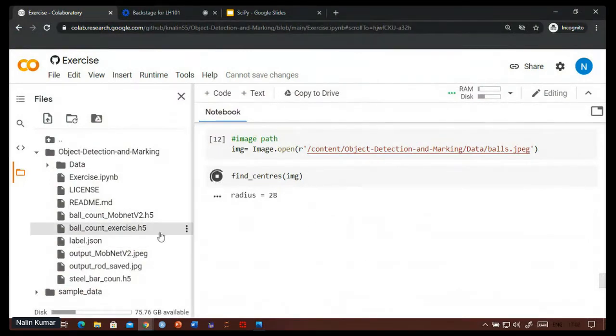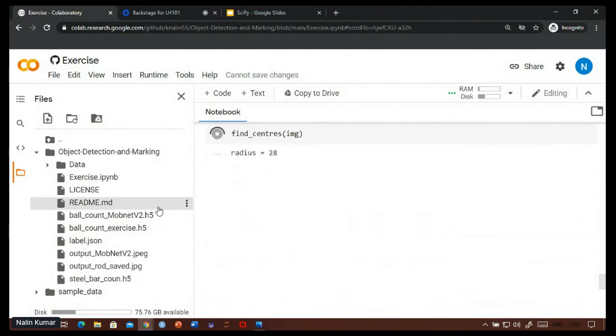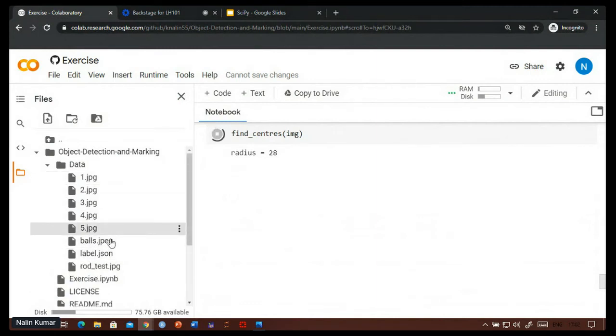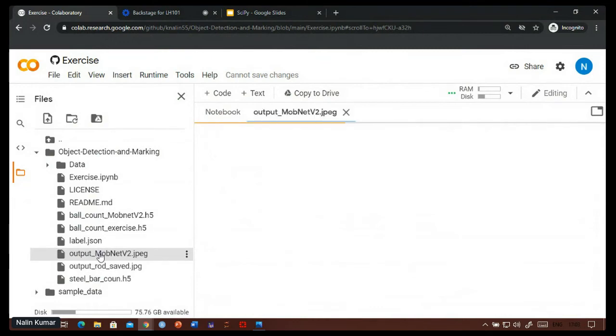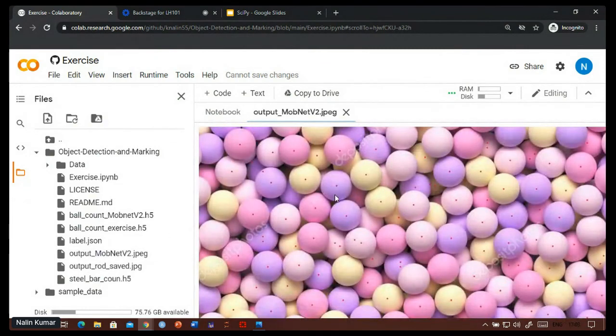Okay, I can show you the result of this one also. It is taking a lot of time. Okay. Yeah.